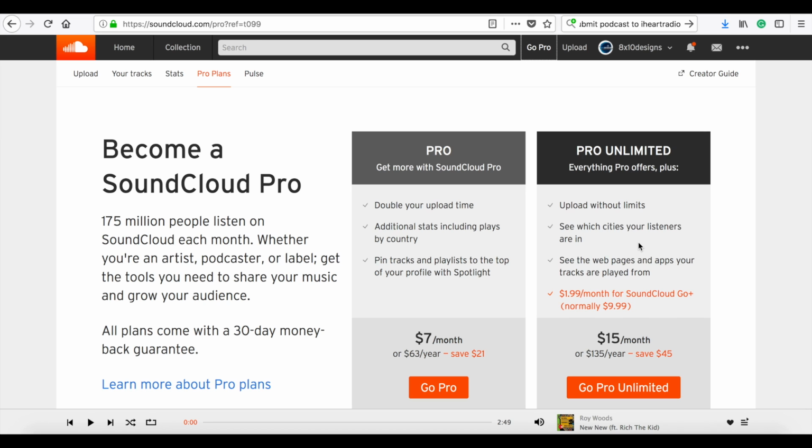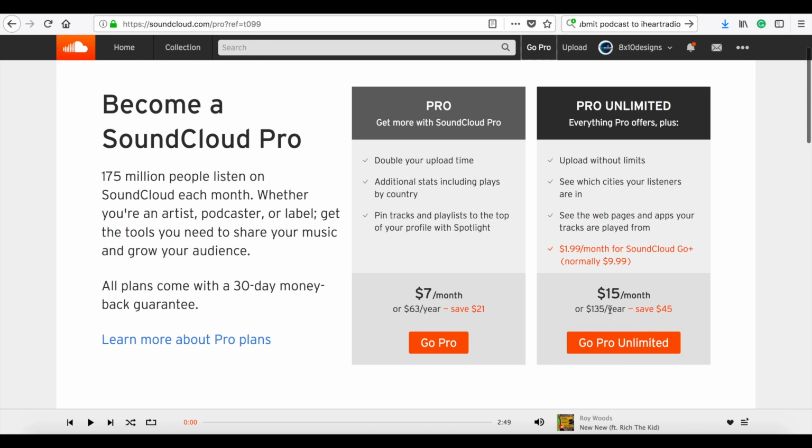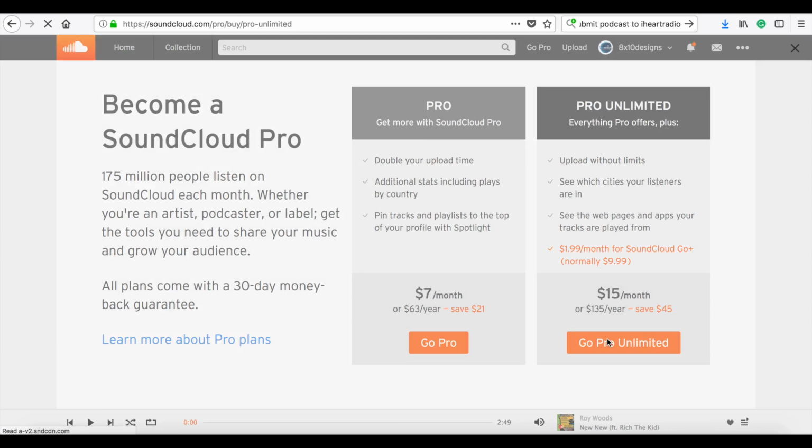That means you have as much time as possible to upload. See the web pages and apps your tracks are being played. That is essential because now you can see who's really listening to it for your marketing purposes. Now, you can do $1.99 a month for SoundCloud Go, normally at $9, but this is all included in this $15 a month or $135 a year. If we click on that,